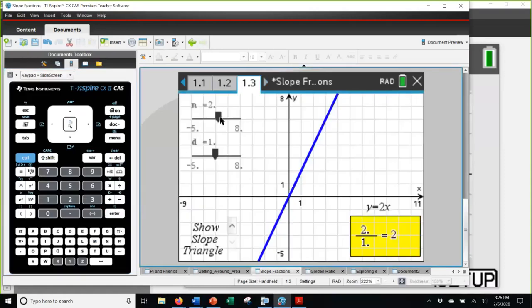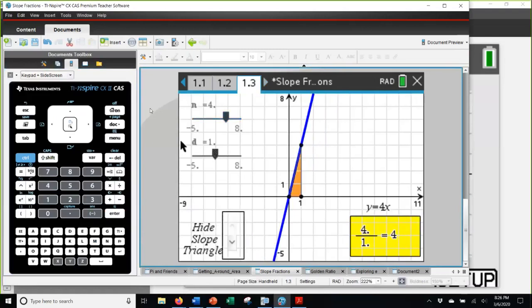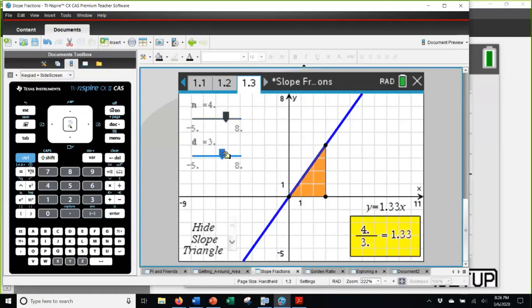Same thing. We can do the same thing. We're pulling on the sliders, and on this side of the screen we have y equals 4x, which tells us the equation, and we have the slope. What I've also been able to do on the TI-Nspire is draw a slope triangle. So you can really take a look at the slope and you can see the change in the x value, the change in the y value.